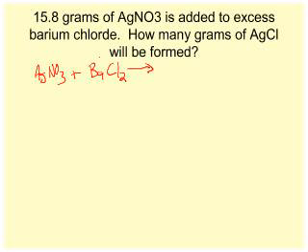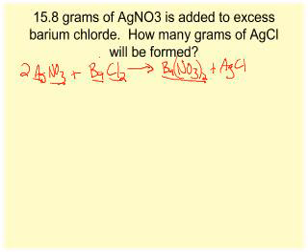Need to write my products. Barium's going to hook up with nitrate, so I get BaNO3 taken twice, and then silver chloride. Now I need to balance it. I need 2 nitrates, so I'll put a 2 here. That gives me 2 silvers and 2 chlorines, so I need a 2 here. Okay. Now that I've got it written and balanced, I get to